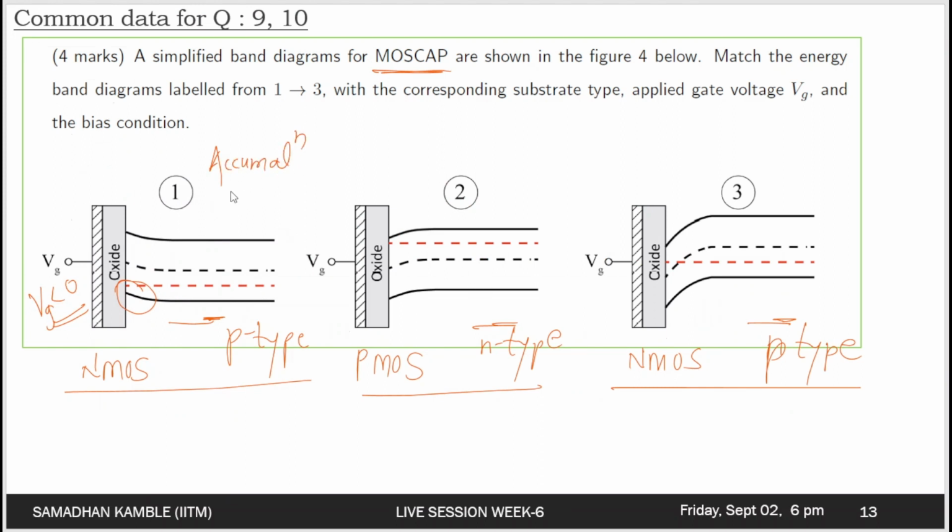Going to figure number 2, you can see that the N type is this. So the majority carriers are again accumulated here. So the Fermi level is getting closer to the conduction band. So for electrons to accumulate in this region, we need Vg to be positive. So Vg is more than 0,